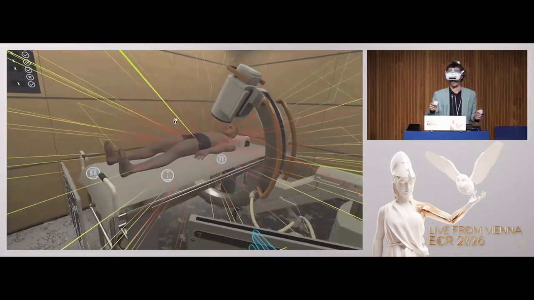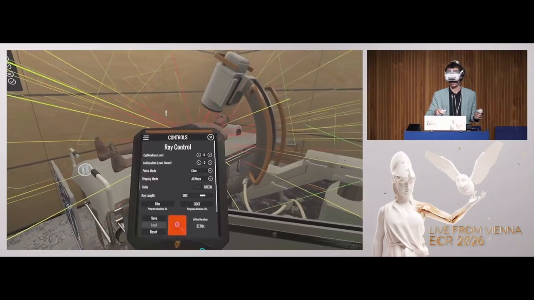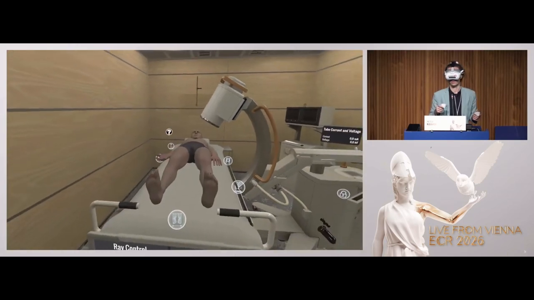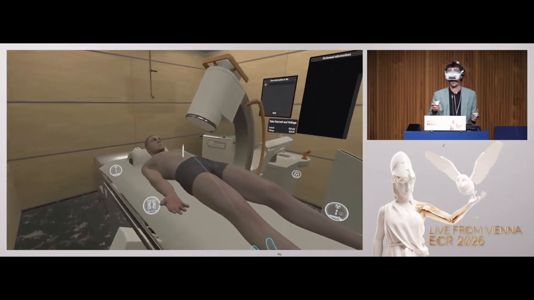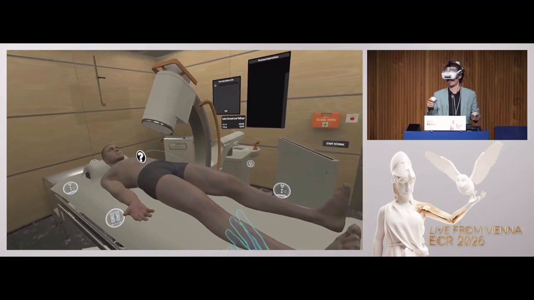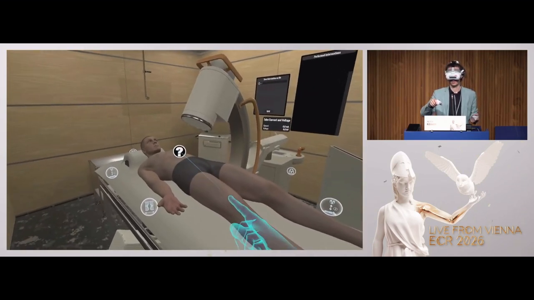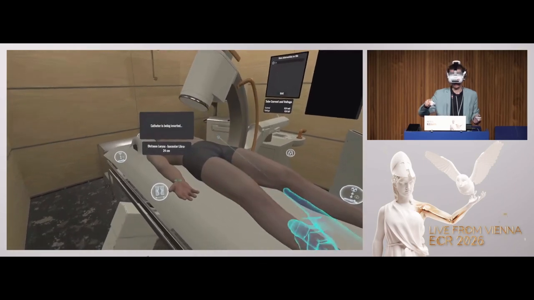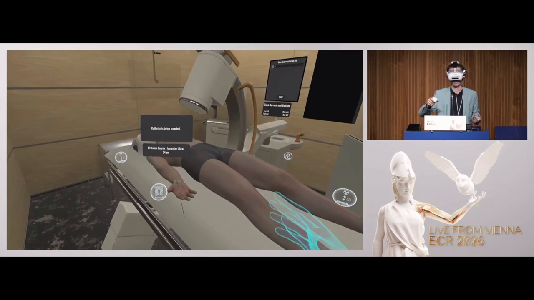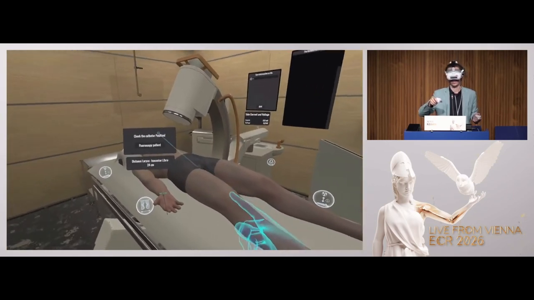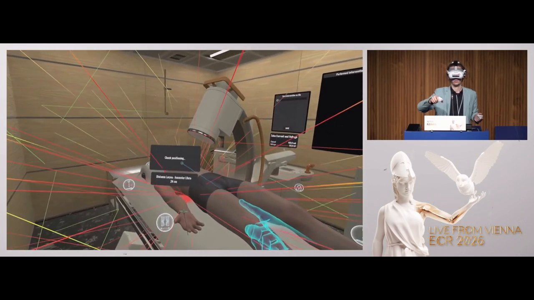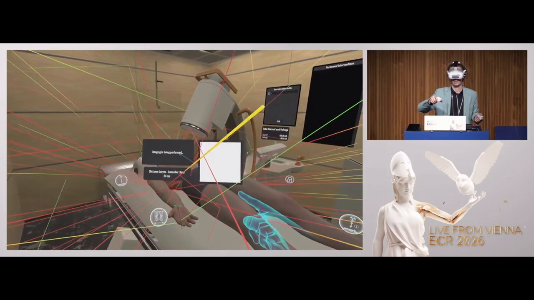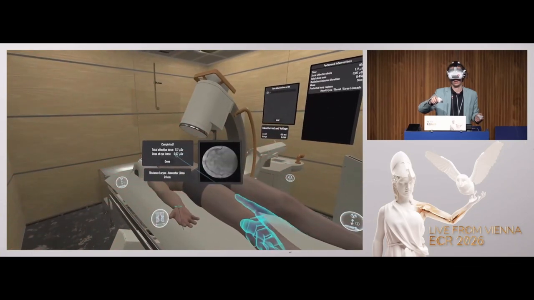We also have a couple of different interventions, like dummy interventions that you can do, just to have a frame of reference for the individual procedures and to compare different sets of protective equipment in a fixed time frame. So if I choose the angiography, you can see everything happens automatically. I know it's not that easy in real life, but we focus on the radiation here. And then we just go through the intervention, and at the end we get a certain value